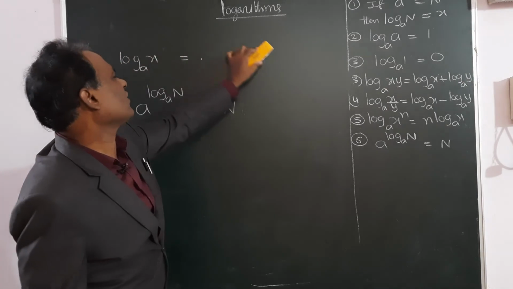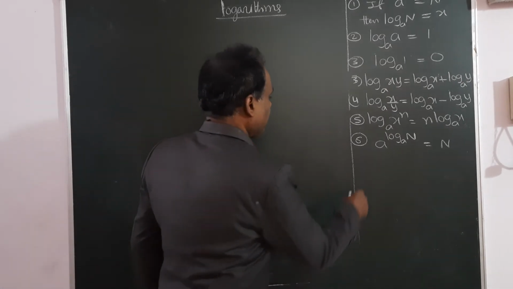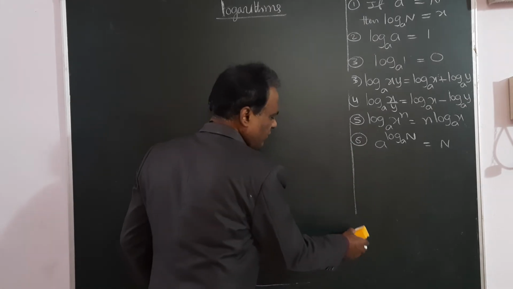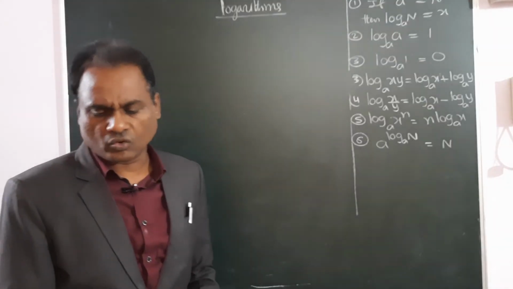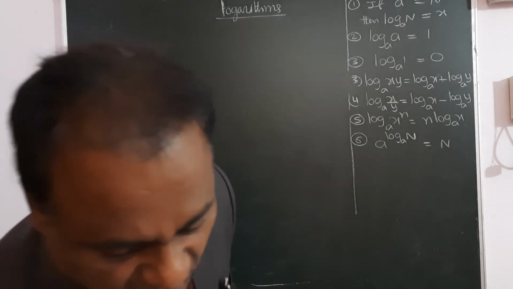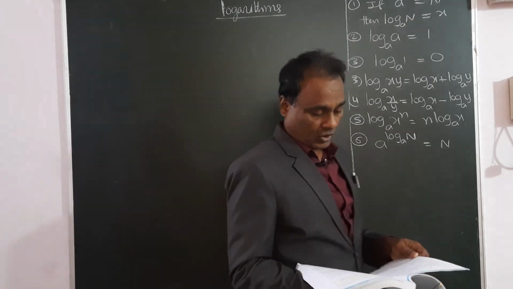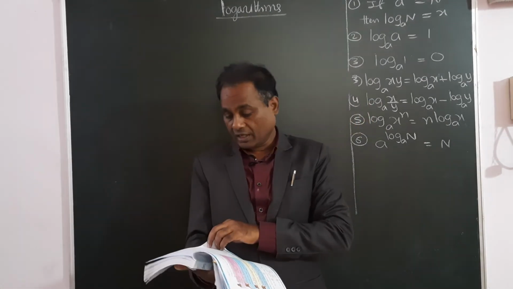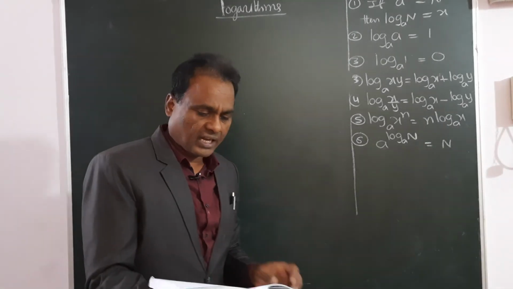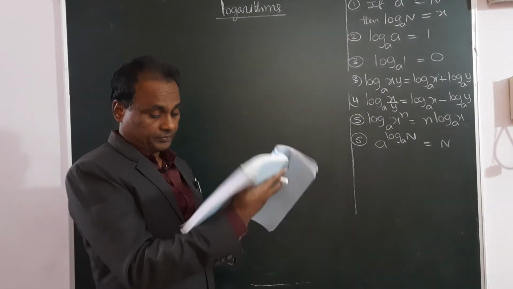So these are the 6 basic formulas in logarithms. Look at those formulas and remember them carefully, because this is a new topic. As I said, it is somewhat difficult, not so easy a topic, and you have not studied any basics about this chapter in the lower classes. So this is a new topic, and I will solve the problems. I am starting the exercise. I will go very slowly, so please understand carefully.